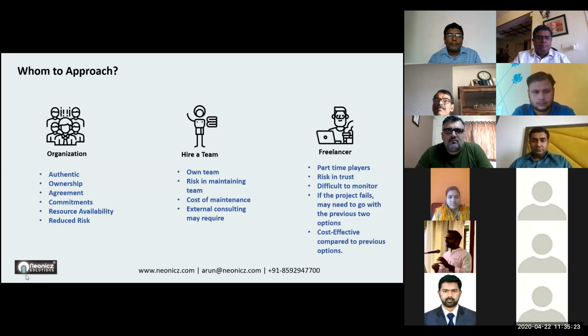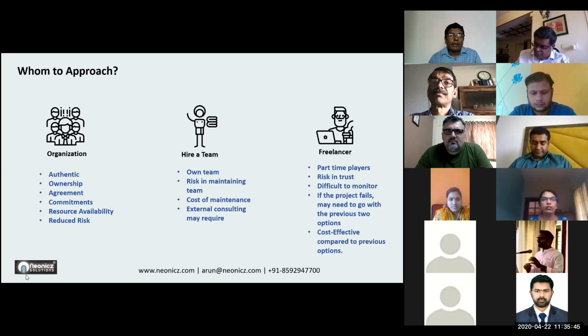If it is an organization, it is a registered firm, a private limited or an LLP company or a partnership firm. They will have their own set of rules and agreements, their authenticity is verified, and things are legally agreed.